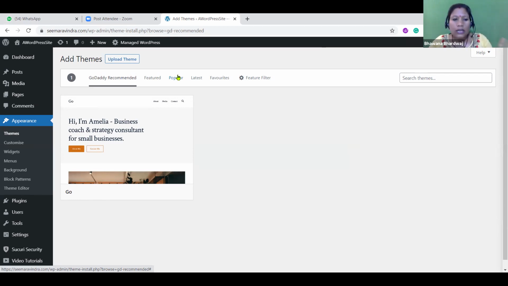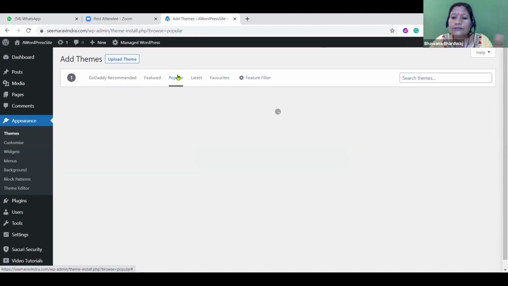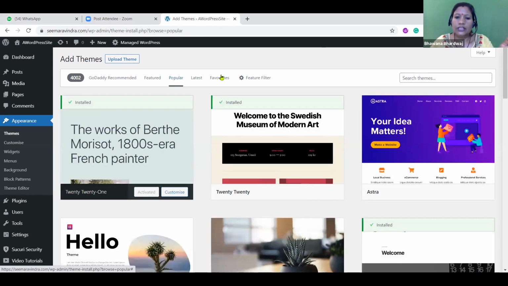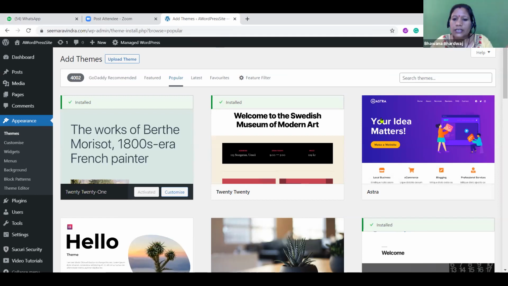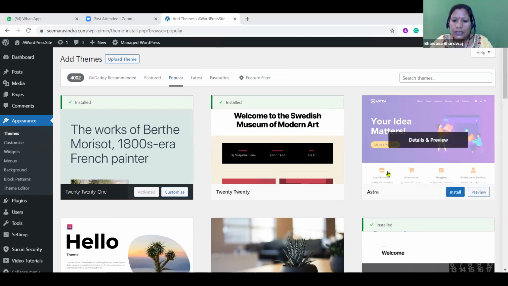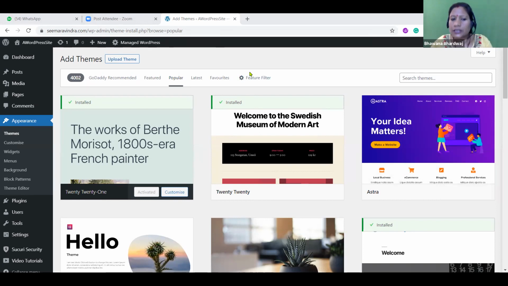So right now we are not uploading a theme. We are going to use one free theme from the given library. Here search for Astra, ASTRA. Search for Astra. यहाँ पे आप search करेंगे Astra. जो search theme का option है, ऊपर और थोड़ा ऊपर जाएंगे Astra. Yes, search. Yeah, is it not the same one here? Yes, it is the same one. Whoever is not able to see that, you can search that. अगर आपको extra theme नहीं मिल रहा है, you can simply search and you will find that.